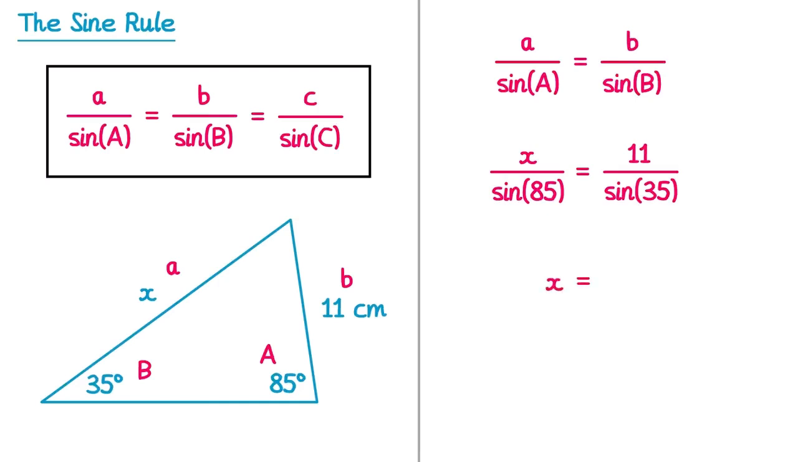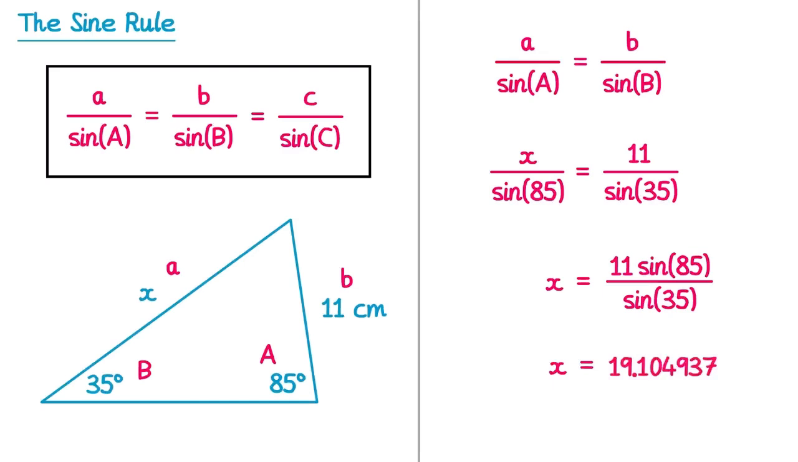And on the right hand side you've got 11 over sine 35, but we're going to multiply this by sine 85. You can type this into your calculator as it shows here, but you may also write it like this, as 11 sine 85 over sine 35. So now you go ahead and type this one into your calculator and read off the value. So for this one, we get X is equal to